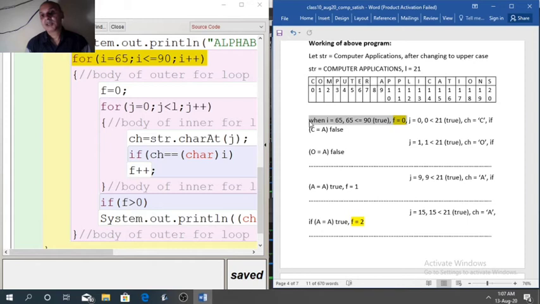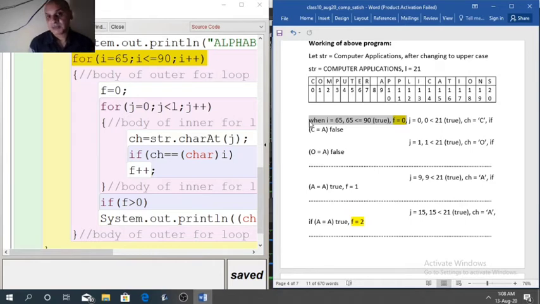Now our logic is to extract each character of the string and check how many times A is present. Now compare each letter of the string with I. I is 65.